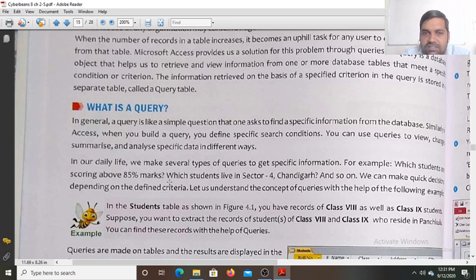So we can ask in our class which students scored above 85% marks in the last exam. So what is the answer? This question is called the query, and the result that we got is the query table. Someone will give the information that that person has got these marks. So that person's name is given by some student who has given the answer. His name, who is presenting, is in the query table.